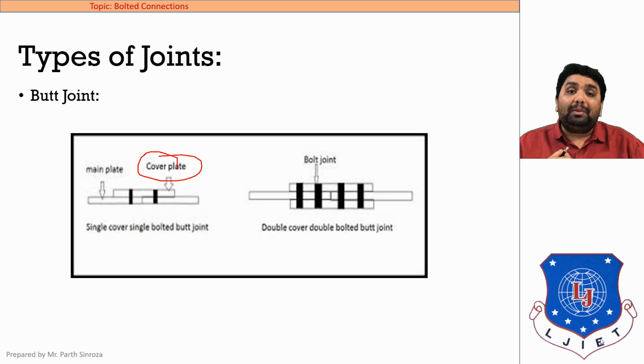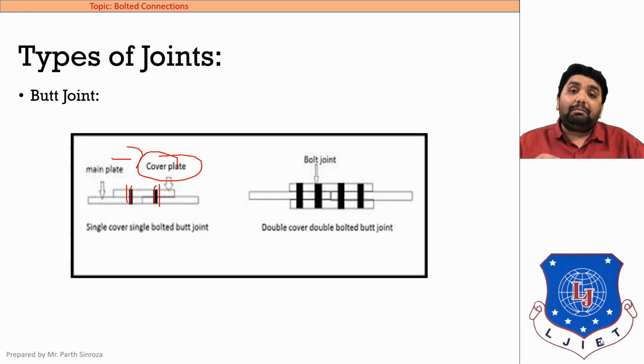So how to differentiate it again? A lap joint means the plates are connected by lapping each other. A butt joint is made by keeping the plates side by side and using an additional cover plate to connect them. Here, as you can see, a cover plate is being used and bolts are placed in both the plates with respect to the cover plate to connect it.